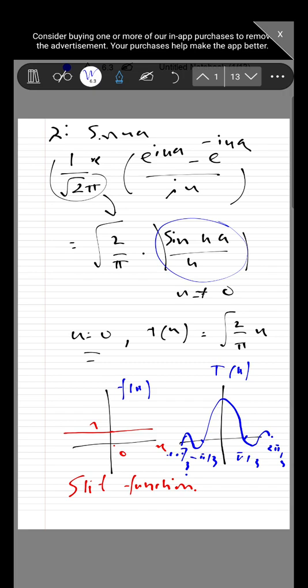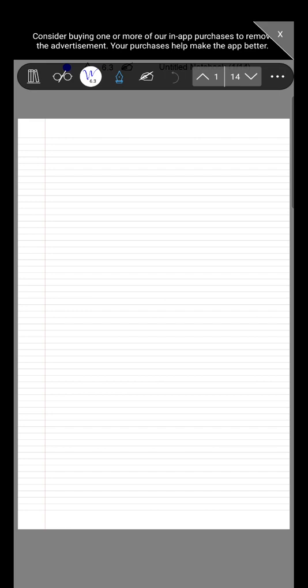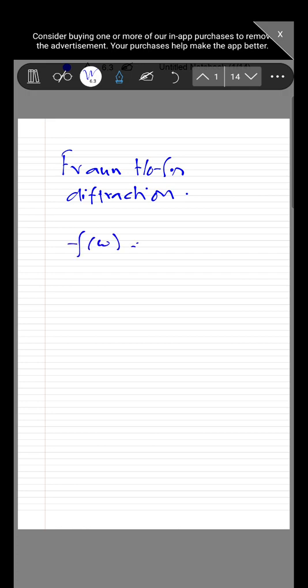Now this Fourier transform has got very good application in what is known as Fraunhofer diffraction, which is given by F(omega) equal to A sin alpha by alpha. This is the Fraunhofer diffraction